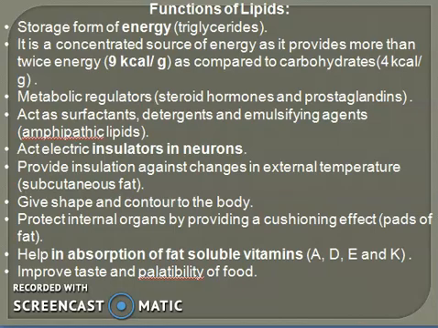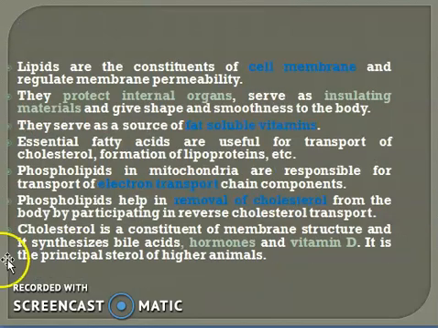It helps in the absorption of fat soluble vitamins, as I said, which is one of the functions, right? Fat soluble A, D, E, K. It improves the taste and palatability of foods. Okay. Then lipids are constituents of the cell membranes, and they regulate membrane permeability, and protect the internal